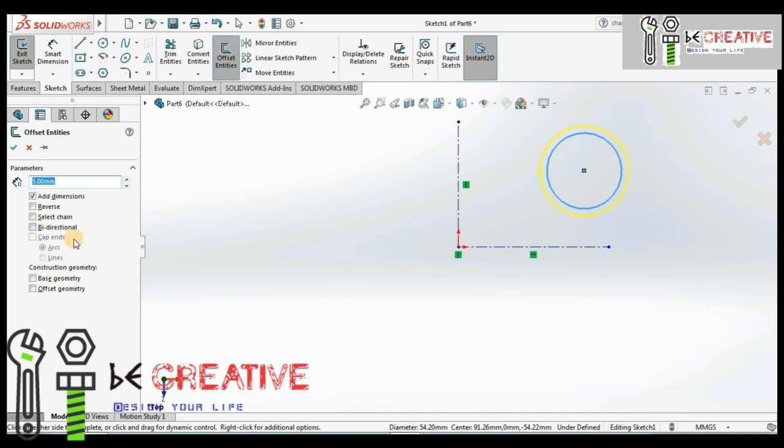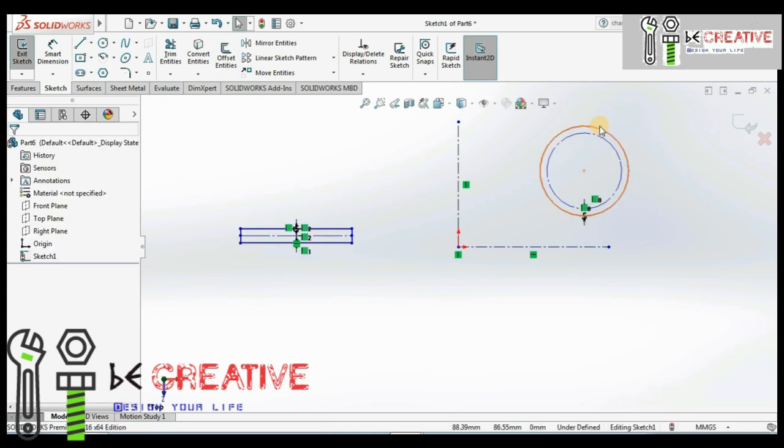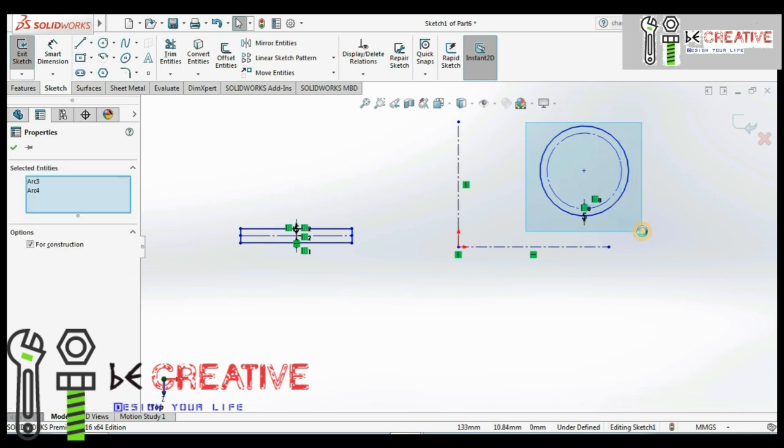And we have a few other options like construction geometry. The sketch will be converted into construction line. As you can see on the screen, the sketch is initially converted into construction line if we select that option. And we have a few other options like mirror entities. If we want to